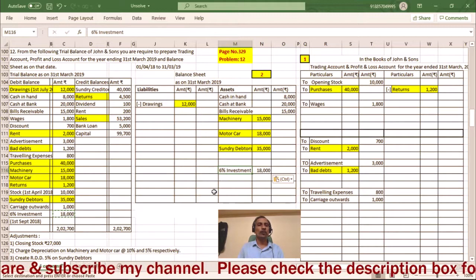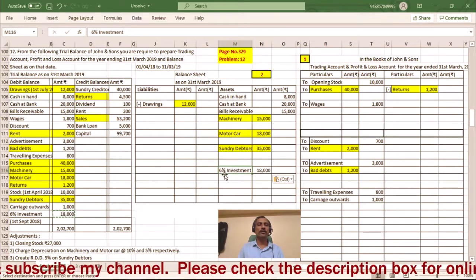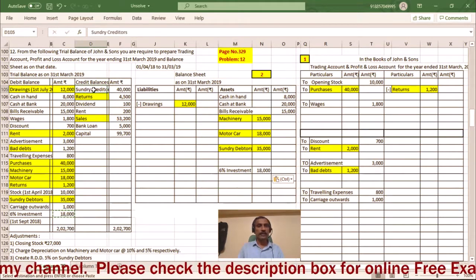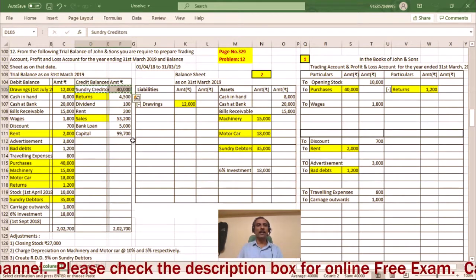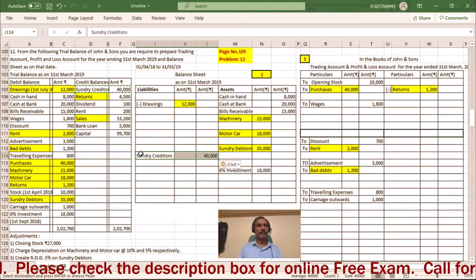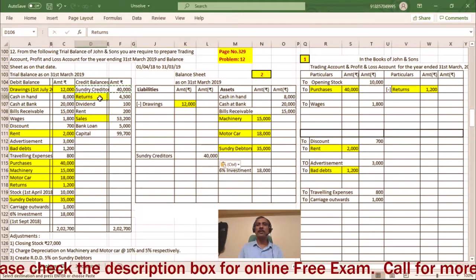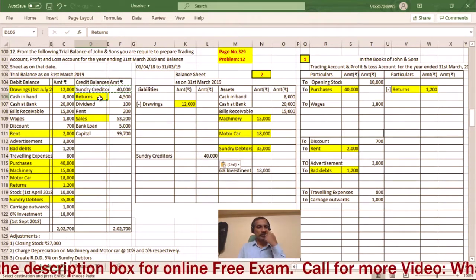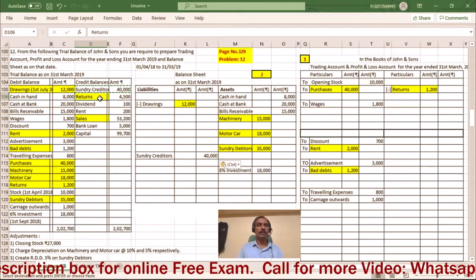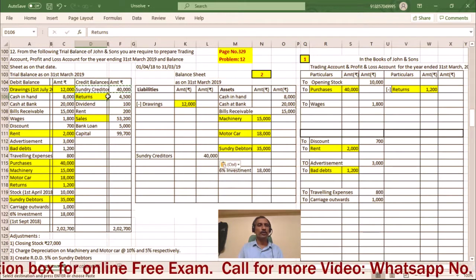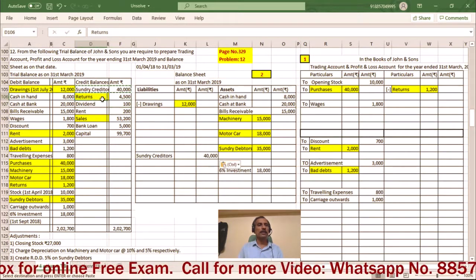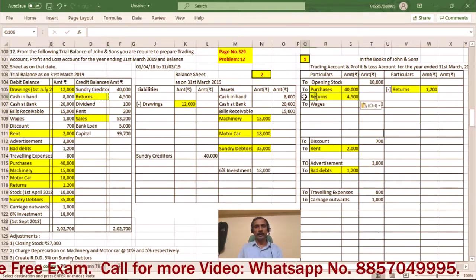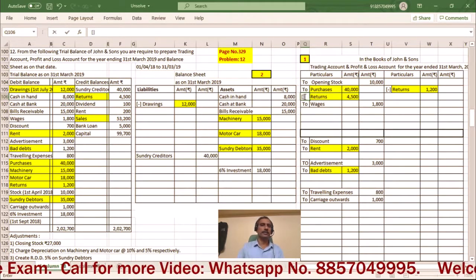So what is the rate of return of investment? 6%. So we will calculate. Sundry creditors, this is our current liability, we have to show on the balance sheet liability side. Return, this is our sales return; purchase returns, which is given on credit side, that is called purchase return. So we have to show this balance on debit side here. Okay, and here we have to write on less.